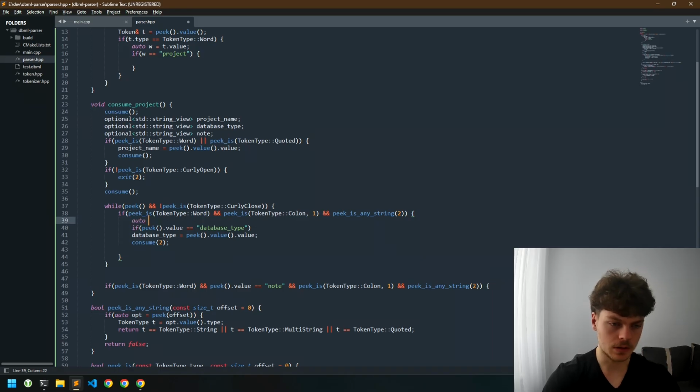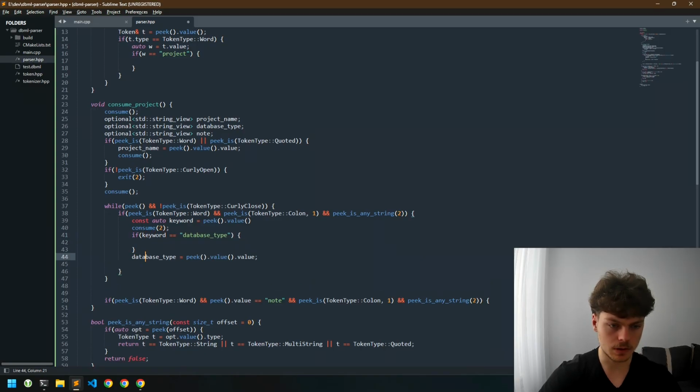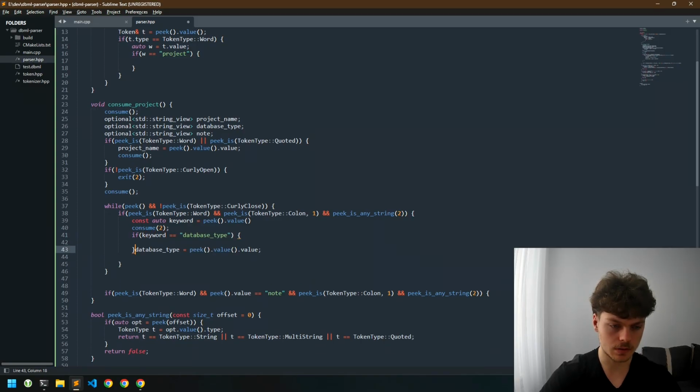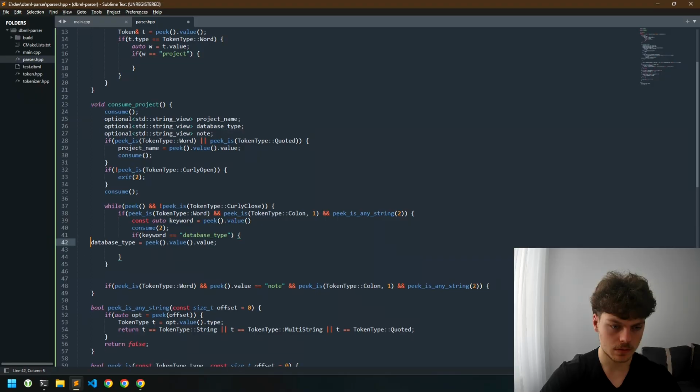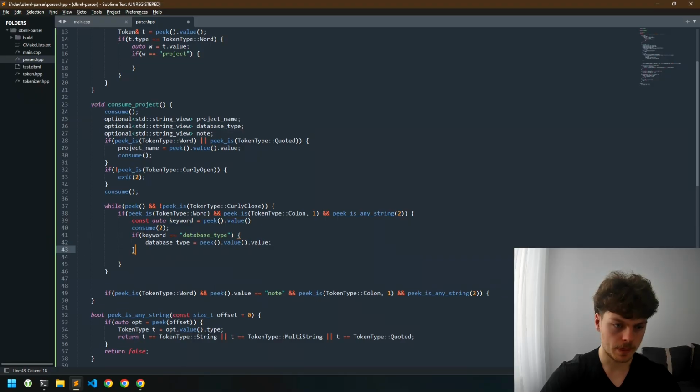Or we'd say auto keyword is peek value. If it's const auto keyword, if we can, then safely consume. If the keyword is database type, then we say this, else if